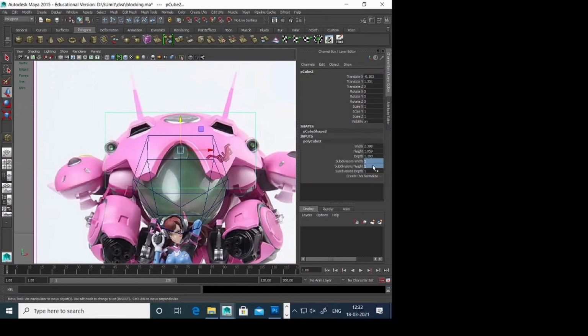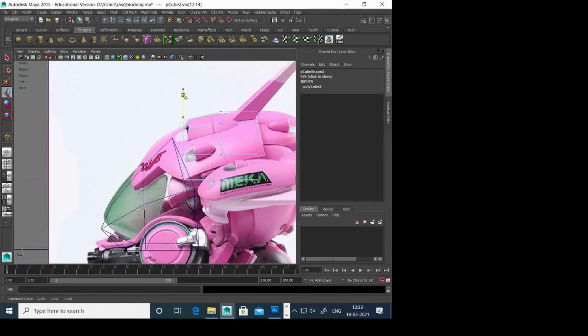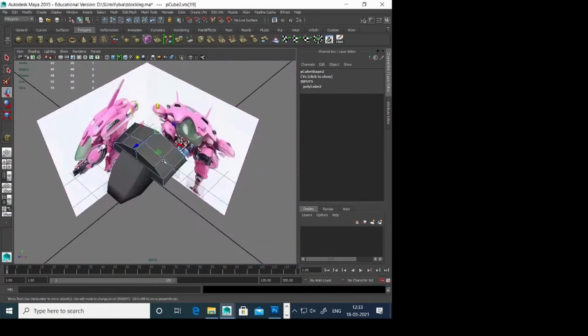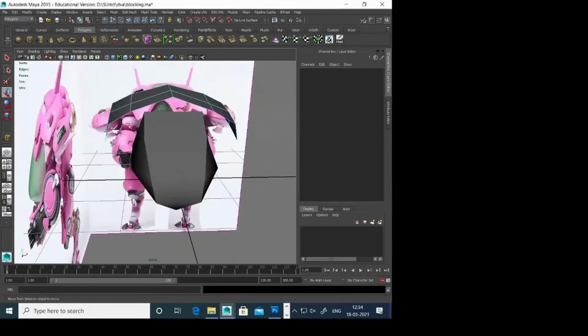Then take another box and start creating another shape, another part. You can see I'm just following the reference, aligning it properly and creating the entire shape.